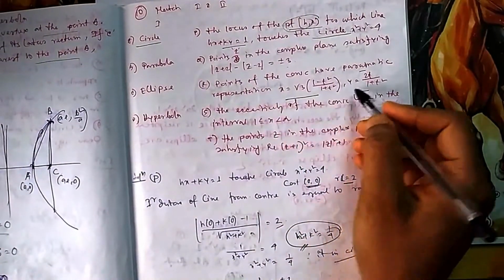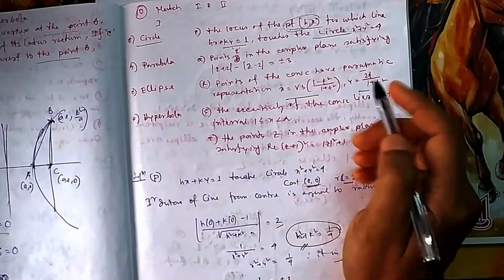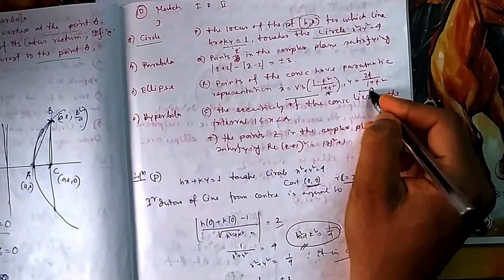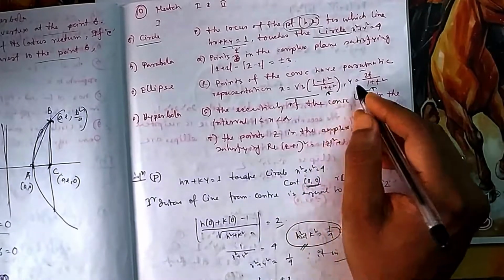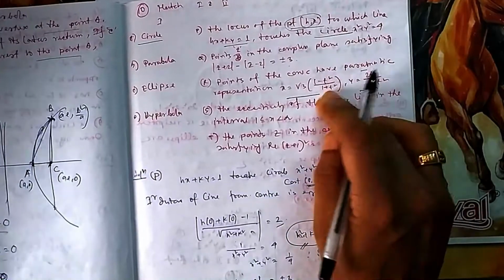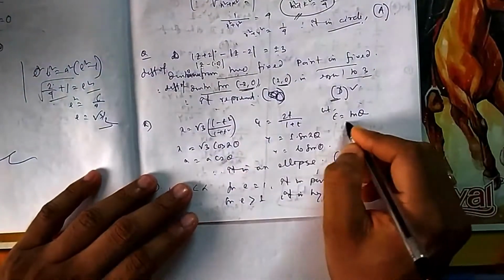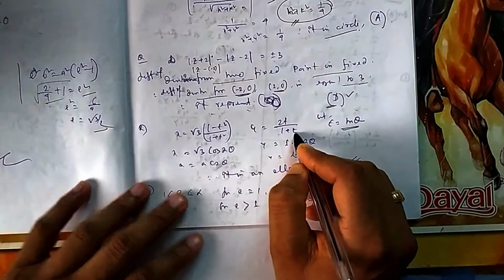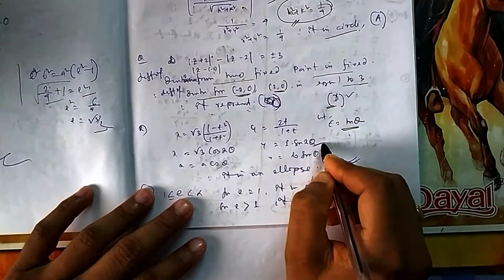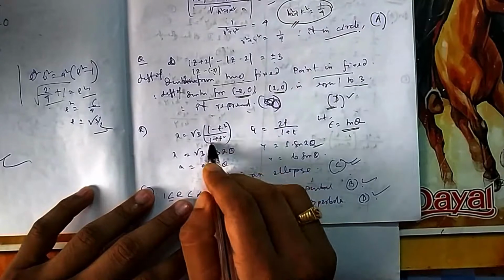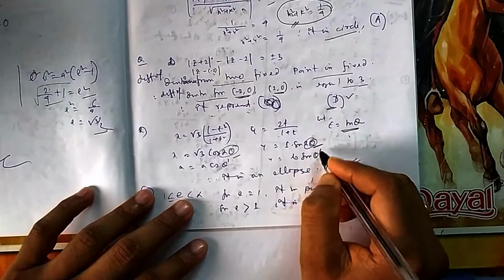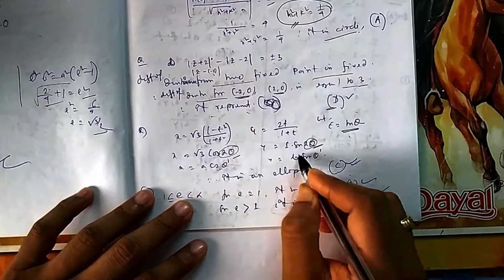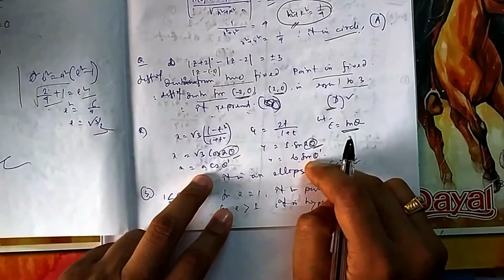Now for parametric form, what I told you is that somehow you have to eliminate this t. When you see this type of factors, if you have done differentiation, you know the meaning of this one. It is for trigonometric substitution. This is a very important standard format for trigonometric substitution. You can take t equal to tan theta, then it becomes 2 tan theta by 1 plus tan square theta, which is nothing but sin 2 theta. This one, 1 minus tan square theta by 1 plus tan square theta, is cos 2 theta. So if you take 2 theta equal to, suppose, theta dash, a new angle, it is something like a cos theta dash, b sin theta dash. So whose parametric format is of this format?